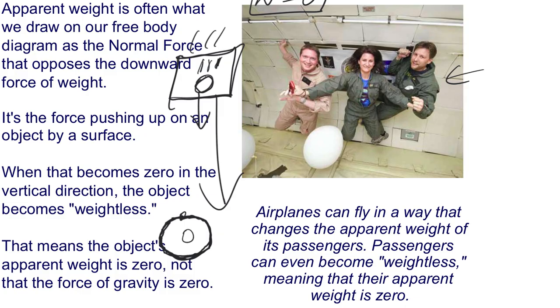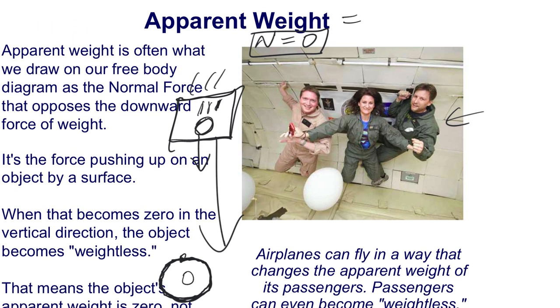Okay? So the airplane is no longer pushing up against the person that's standing in it or sitting in it. So there's no normal force. So the apparent weight is weightless. It's not really, actually, the actual weight does not even change. The astronaut has weight and the airplane has weight. But because they're both falling at the same rate, free fall,